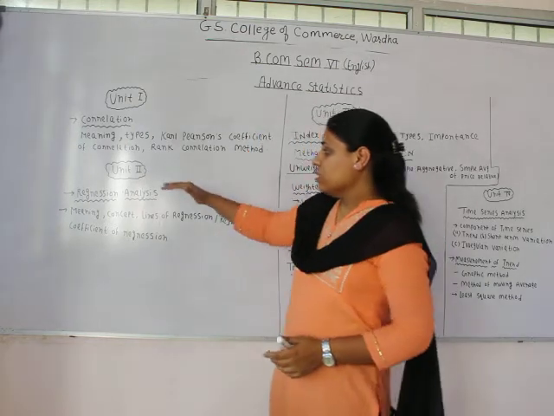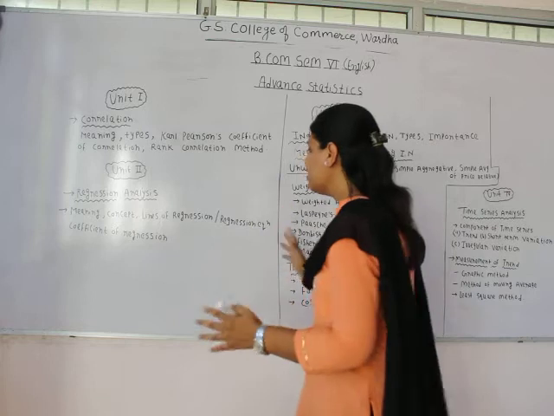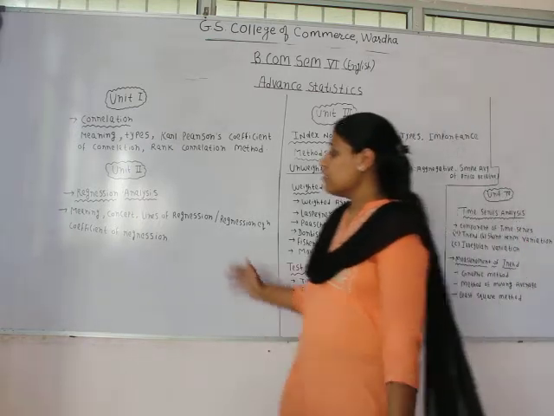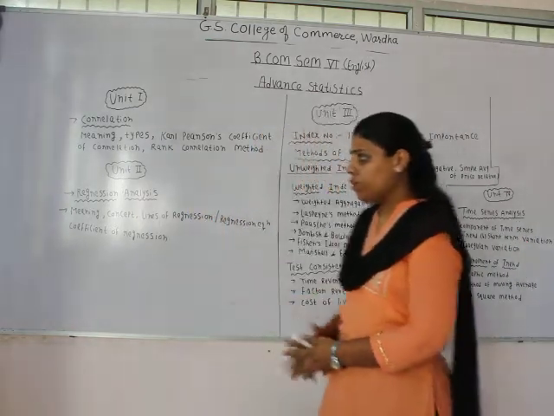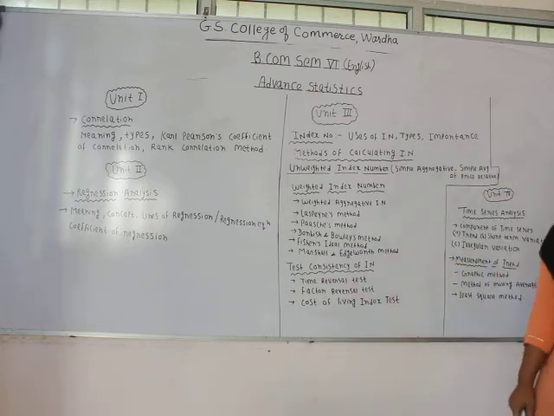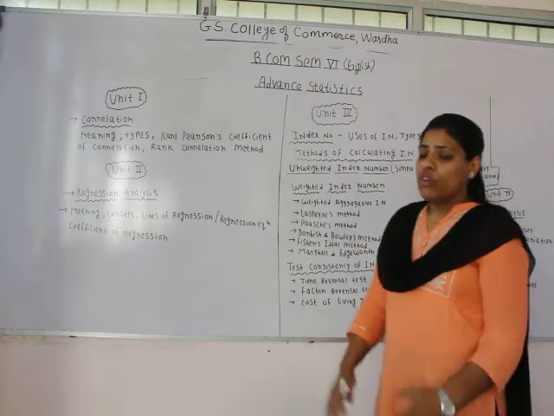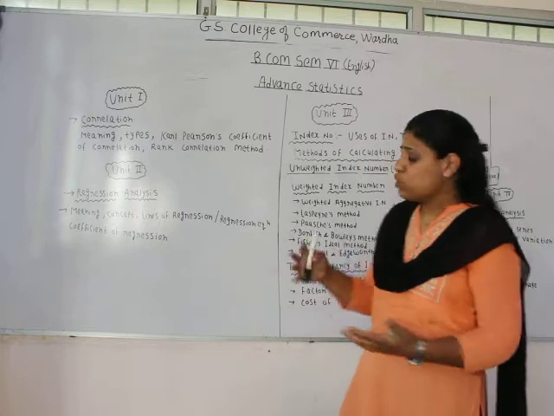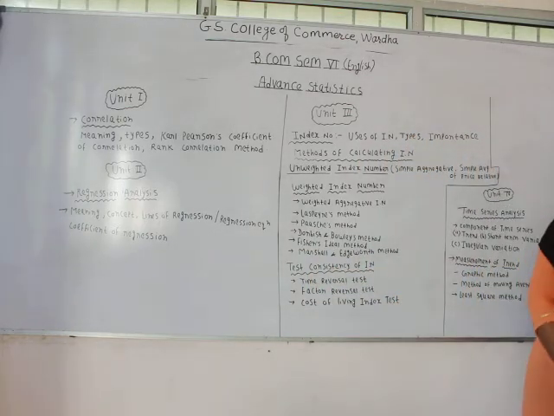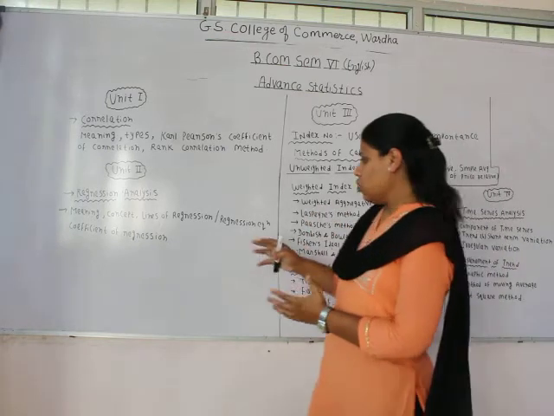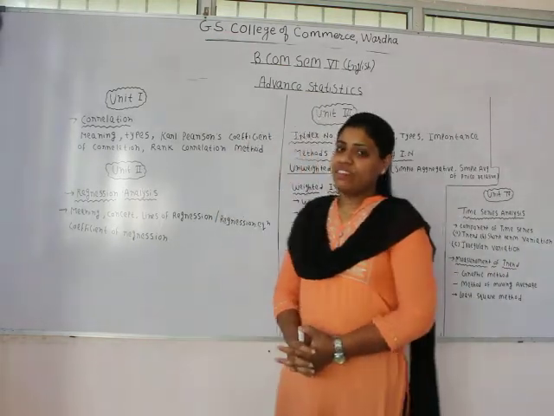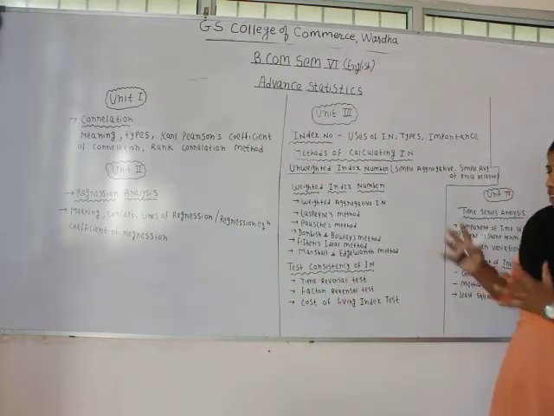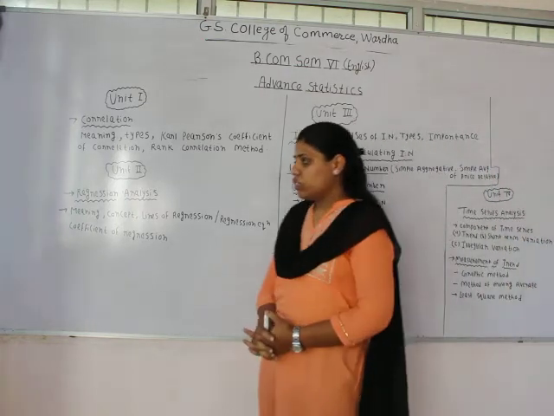Now we will come to the second unit. Under advanced statistics, in your syllabus the second unit is associated with regression analysis. Here we will see the basic meaning and concept of regression analysis, for what purpose it is used, where it is used. Then we will see the concept of lines of regression, which are also known as regression equations, and then the computation of coefficient of regression. We would see all these things in the second unit, that is regression analysis.